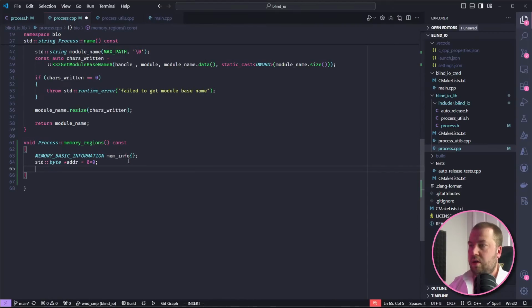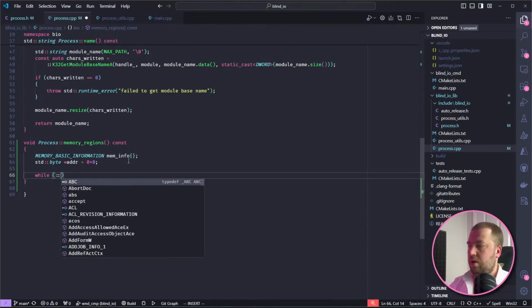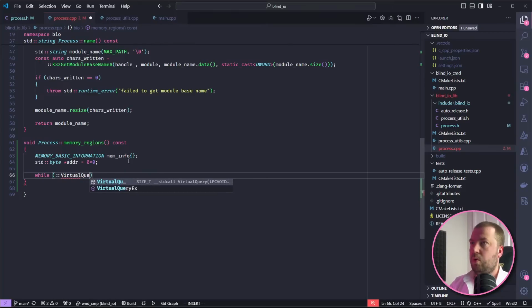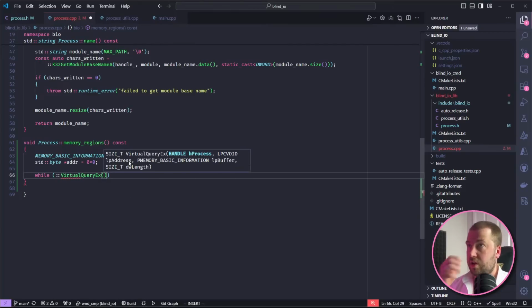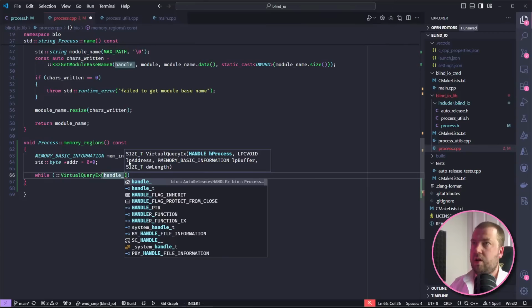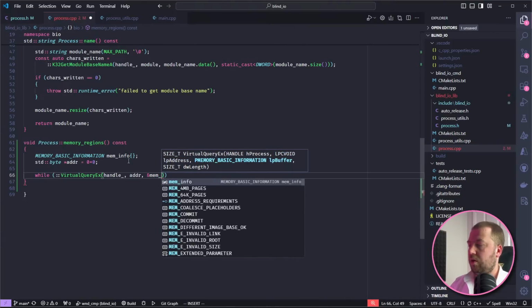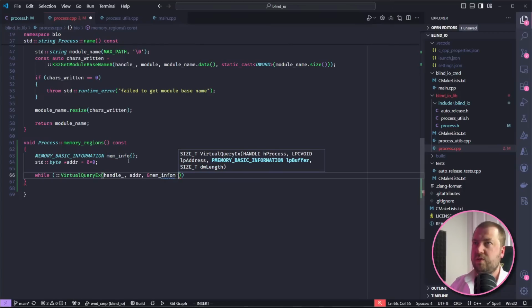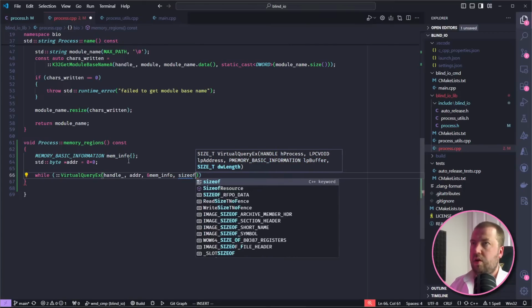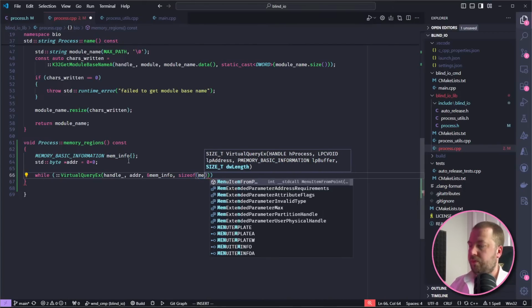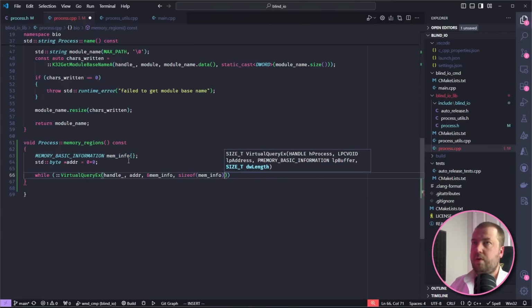and then I can do while VirtualQueryEx, and this took the handle, which is already a class member from this class. We built that last week, so we already have access to the handle, and then the address we want to read from, and then the buffer we want to write our results into, and then the last one is the size of the struct that we're going to write the results into.